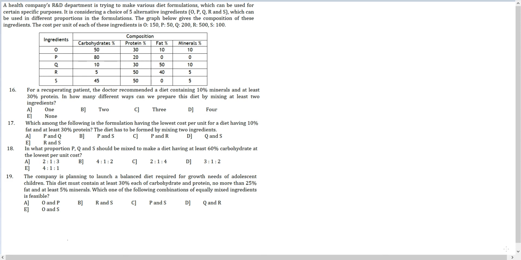The cost per unit of each of these ingredients is 150, 50, 200, 500, 100. Okay. So R is the most expensive one, P is the least expensive one. Okay. Let's say